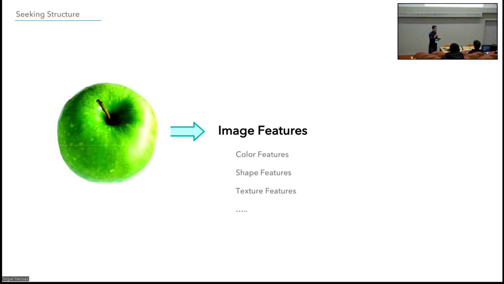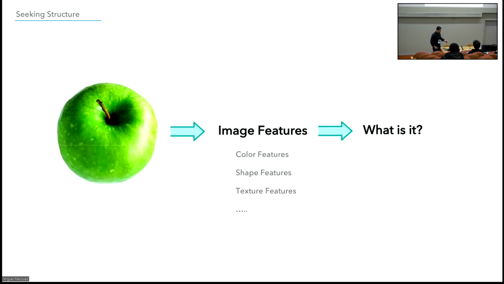We try to describe the shape using, for instance, a code that represents the shape of the object, and encode the features. By finding these small structures that represent the content of the image, which we can call image features, we are taking a step in the direction we want. After extracting these image features,